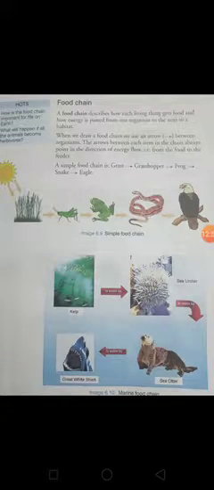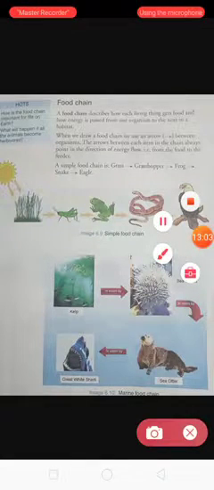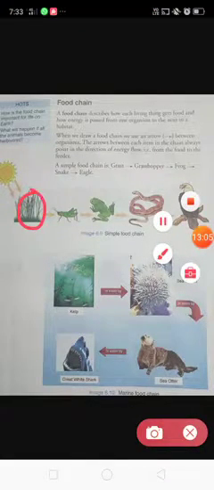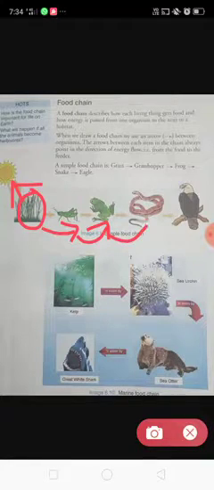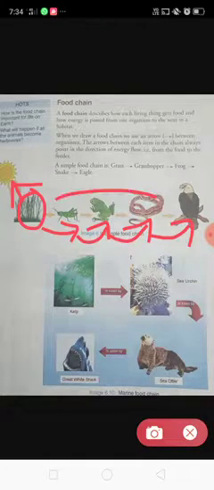Next one is food chain. I have already explained the food chain in the beginning. See, the plant gets food from the sunlight. Then this plant is eaten by a grasshopper. Grasshopper is eaten by a frog. Frog is eaten by a snake. And snake is eaten by an eagle. Now what about this eagle? It may come to your mind now. These are all eaten one by the other.